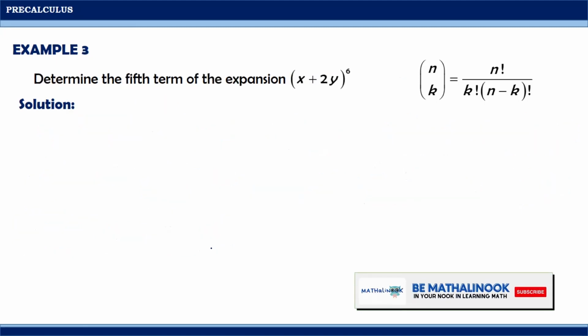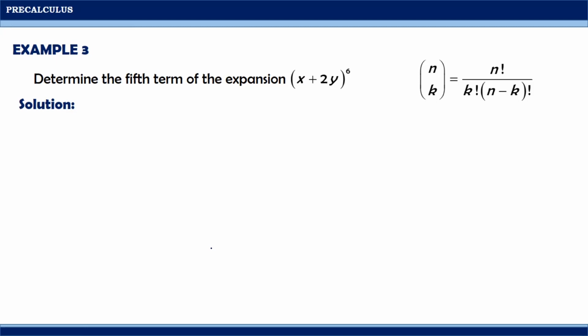The binomial theorem is also useful when determining a specific term in a binomial expansion. For example, determine the fifth term of the expansion of (x + 2y) raised to 6. Since we have n equals 6, note that the expanded form has 7 terms. So we're going to have a total of 7 terms,